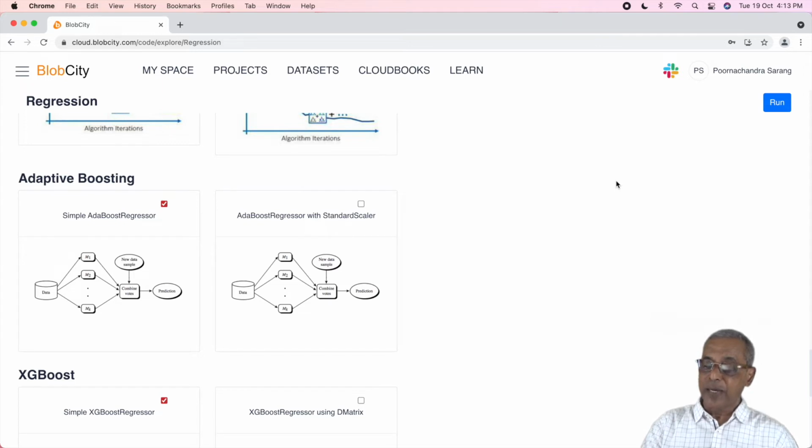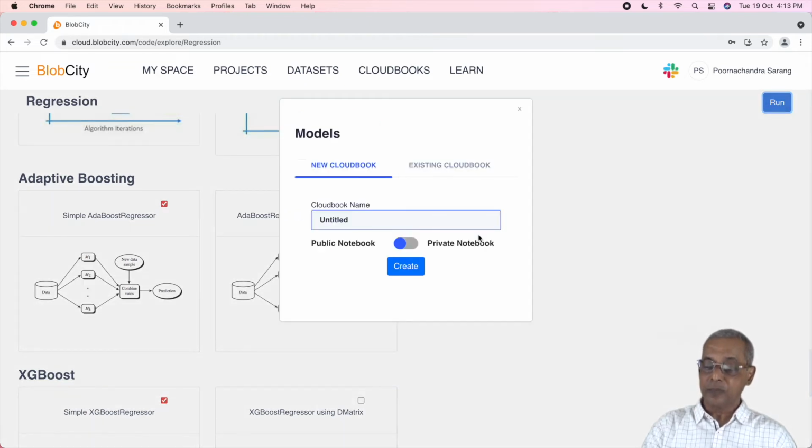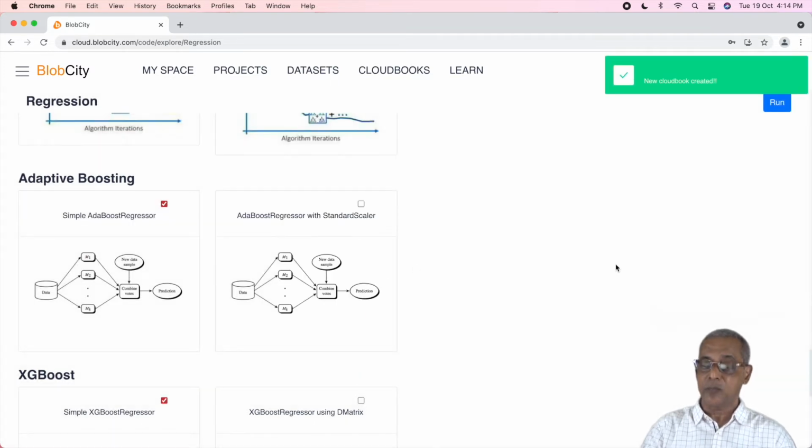Now what I'm going to do is I'm going to apply all these templates on my data set and then pick up the model which gives me the best accuracy. After selecting the templates, I click on the run button here. It is asking for the CloudBook name here. So I'm going to change the name here and I'm going to give the name regression experiment. So I put the name regression experiment and say create. Now it will create the CloudBook,